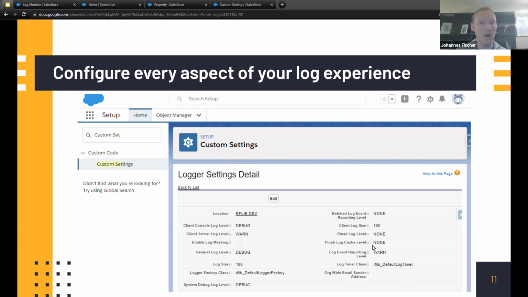Maybe Salesforce comes out with their own logger class. That's all great. But then do you have to go in and replace all the log statements that you created in your customizations over the years? No, you don't. And the reason for that is that you can use the interface that comes within the library